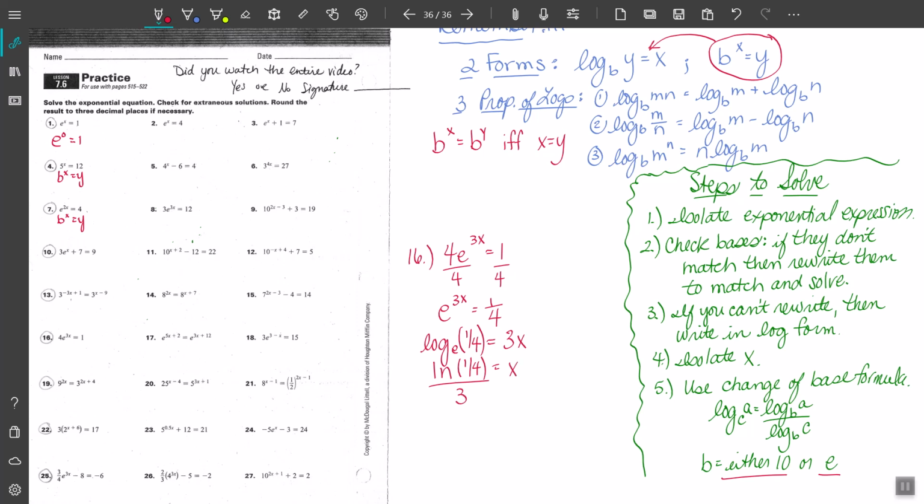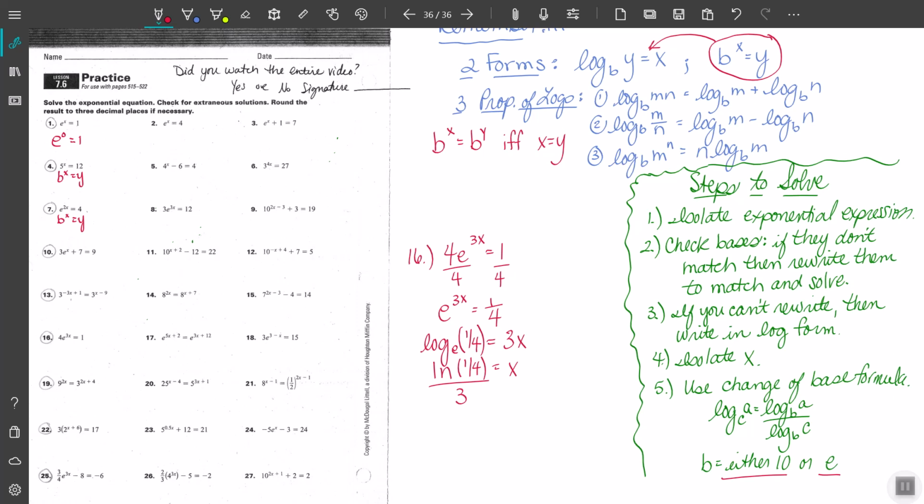All right, and so now we have our x isolated. Again, we don't have to do number 5. Number 5 is simply changing the base, using the change of base formula only if it's not already in base 10 or in base e. Because remember, we're trying to utilize the calculator, and the log button utilizes base 10, the ln button utilizes base e. So we've already got it in the natural log form, so we're okay to go ahead and pull